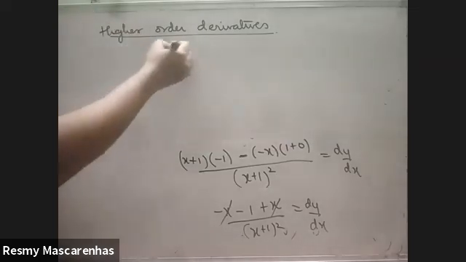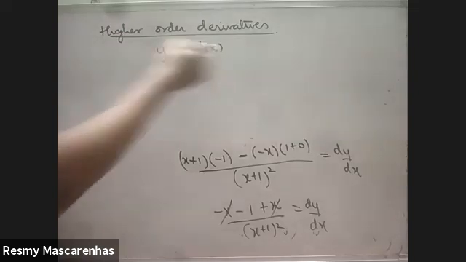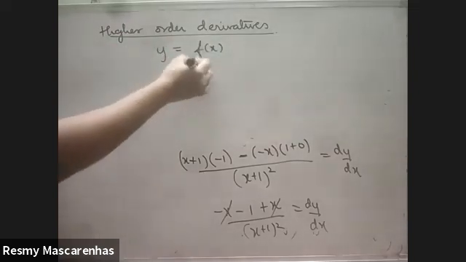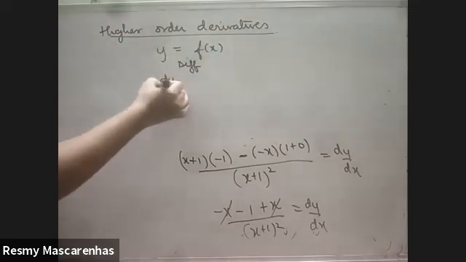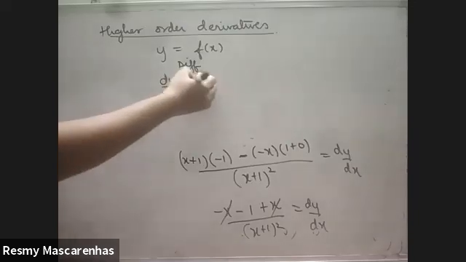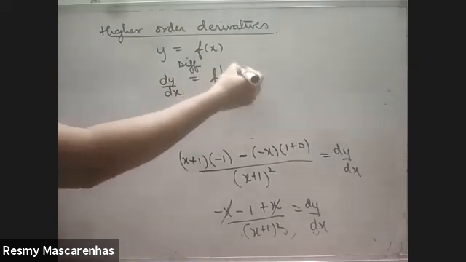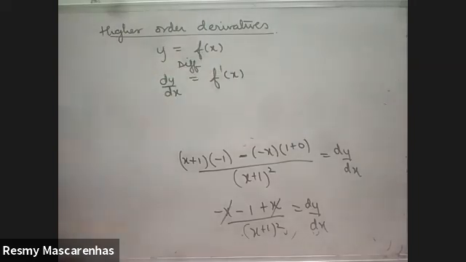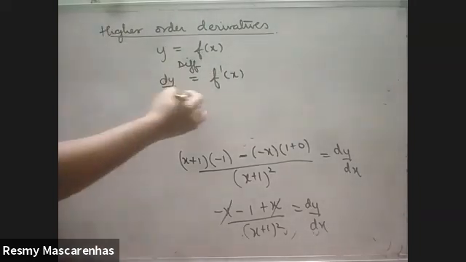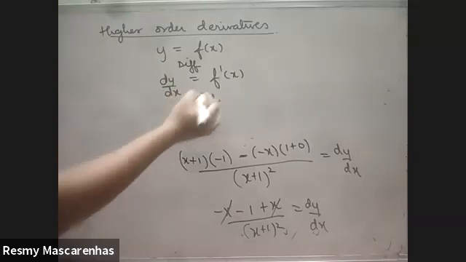So you know that whenever y is equal to f of x, when you differentiate it for the first time, you will have to write it as dy by dx, which is also same as f dash of x. First time you are taking a derivative. And whenever you are taking one more time, that will be,